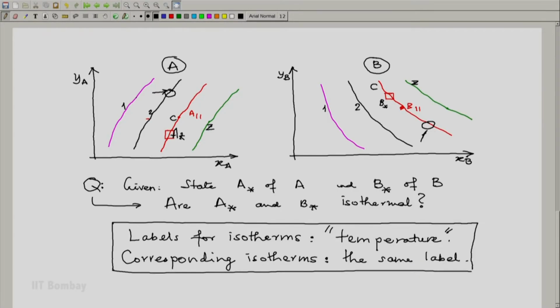Now a more important thing is, here we have considered just 4 different isotherms, but isotherms would move continuously. For example, I am sure between states on isotherm 1 and states on isotherm 2, there will be intermediate states which belong neither to isotherm 1 nor to isotherm 2. And it is possible that our candidate state, one is here for A and another is here for B. What we now need to do is create more intermediate isotherms. So some sort of an interpolation would now be necessary.